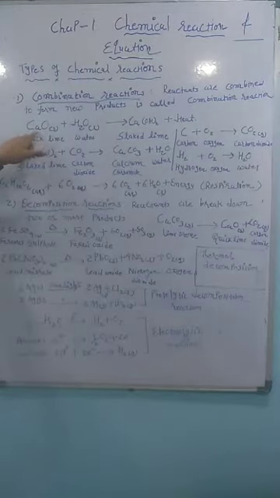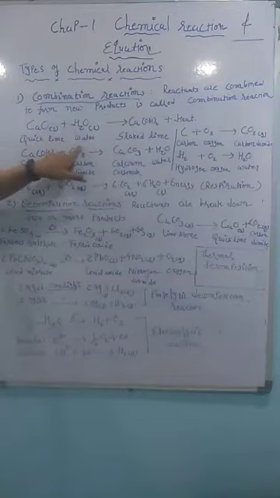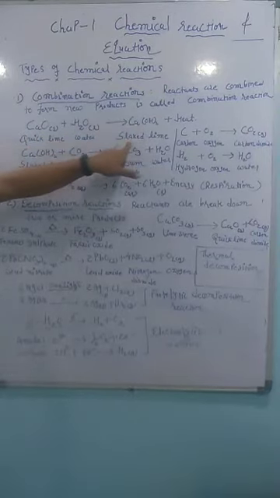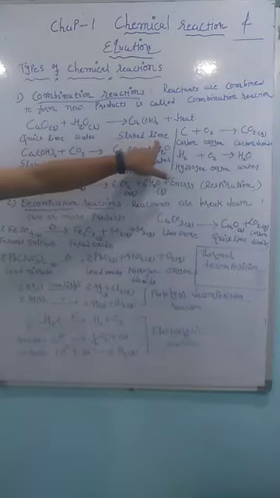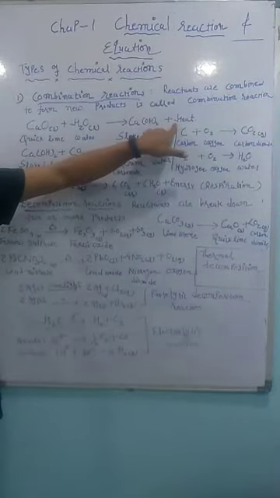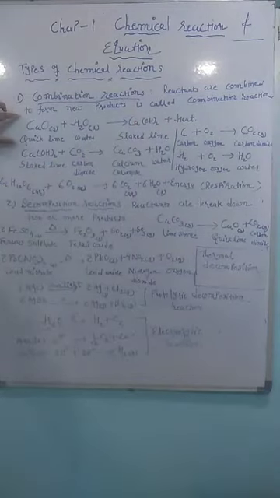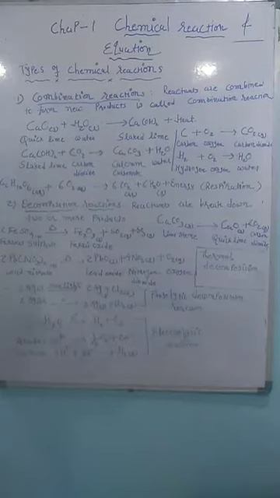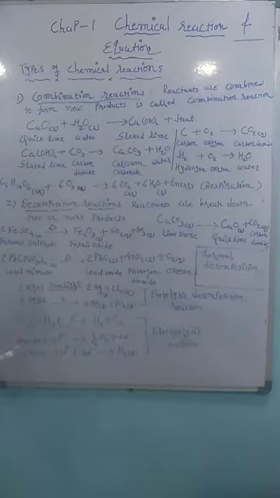Quicklime: calcium oxide is also called quicklime. It reacts with water and gives calcium hydroxide. Calcium hydroxide's second name is slaked lime. And this reaction is an exothermic reaction. This type of reaction occurs when we apply whitewash in our home. When whitewash is applied on the wall, bubbling starts because of the heat energy of this exothermic reaction.